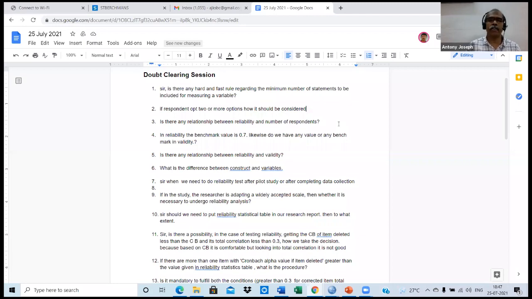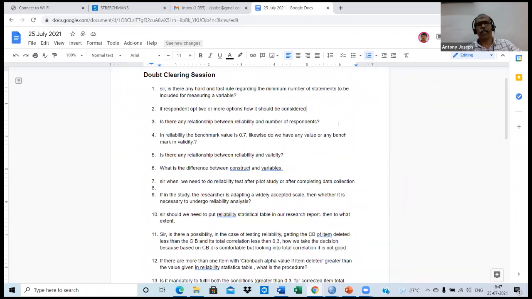Another question is, what is the difference between construct and variables? A construct simply refers to a combination of scales or a combination of variables. Say for example, in my instrument, customer relationship management orientation is a construct, used for expressing that there are different components making up that particular construct.